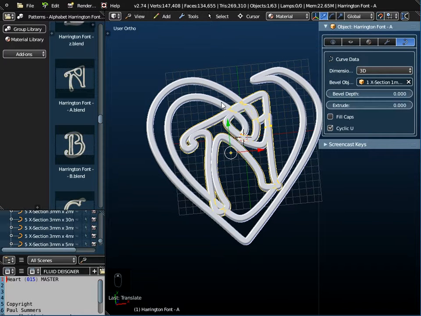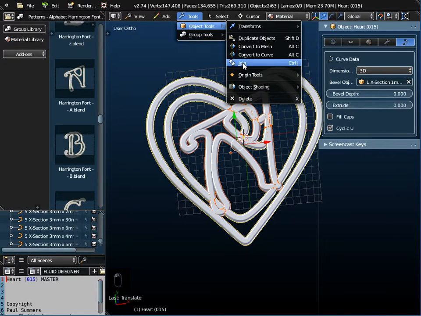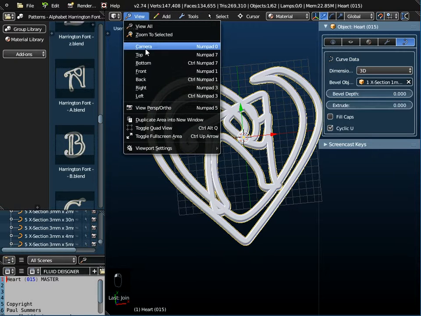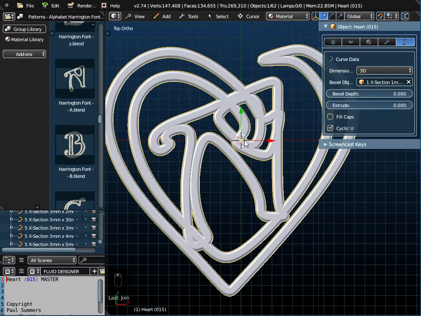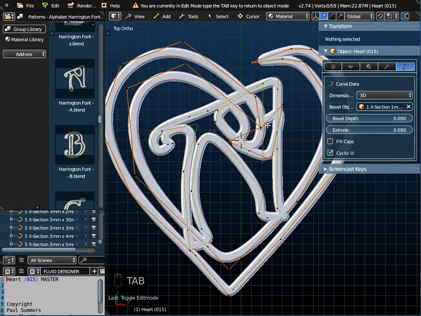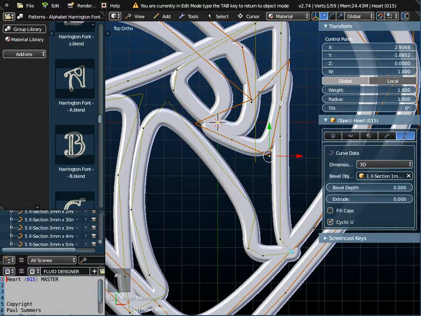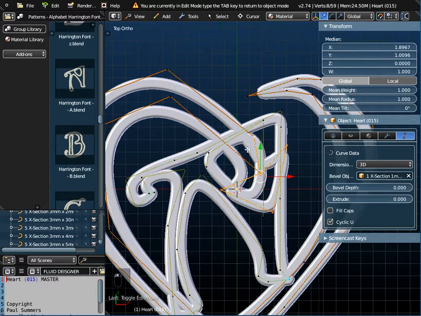And I want to join these objects together now, so with the A selected, if I hold down the Shift key on the keyboard and select the heart, go to Tools, Object Tools, I can join them together. Now my arrowhead of the heart is not really displayed very well at the moment, but if I go into Edit mode by pressing the Tab key on the keyboard, and if I just hold down the Shift key and highlight the control points that are around the arrowhead, and also that one there, and then if I press the